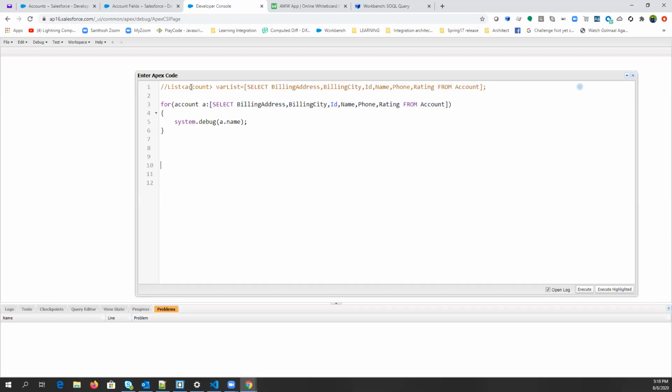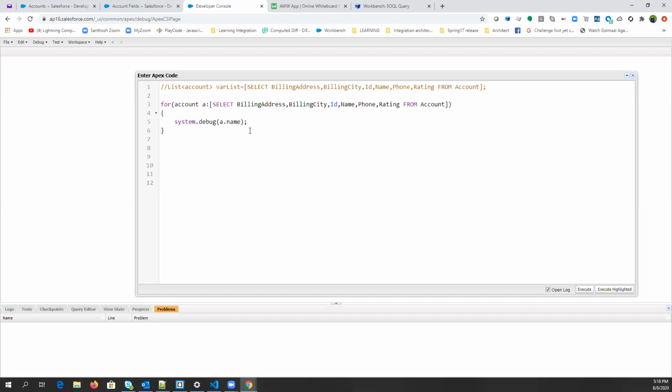So it is always better to query it the first time, store it in a variable, and use it multiple times. But if it is used only here, then it is better to use the query in the loop only. If you have to perform any DML operation, then you have to create a list. We'll discuss that, Randeep. We'll go one by one.